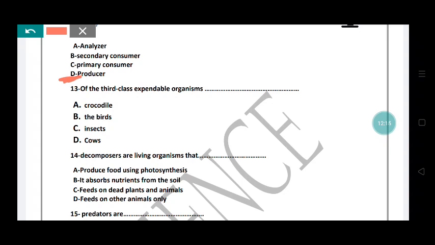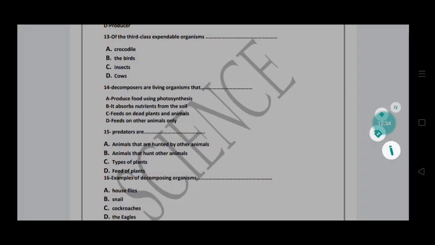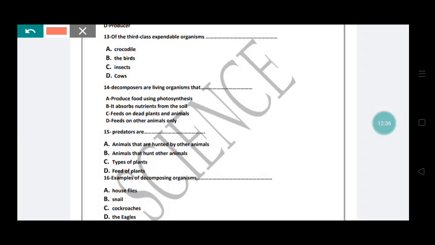Of the third class, expendable organisms: insects, cow, the birds, crocodile. Okay. Of the third class, expendable organisms. Expendable means the consumer. So I mean here,